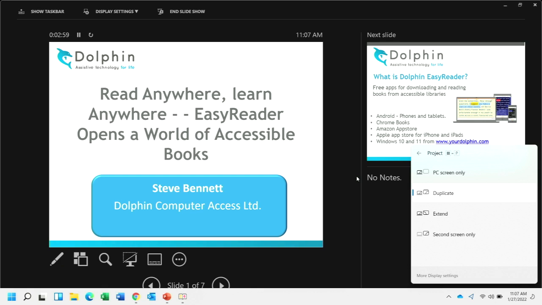If you want the Android version, go to the Android App Store. If you want the Apple version, it's on the Play Store. If you want the Amazon version, that's on their App Store as well. Or if you want the Windows version, you'll need to go to Your Dolphin, Y-O-U-R, dolphin.com. Your Dolphin is all one word, and then look in Products, Easyreader, and you can download it for free. Okay, so